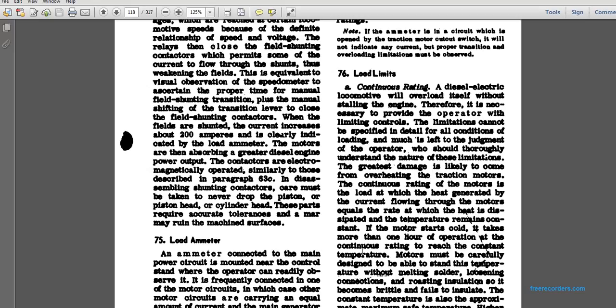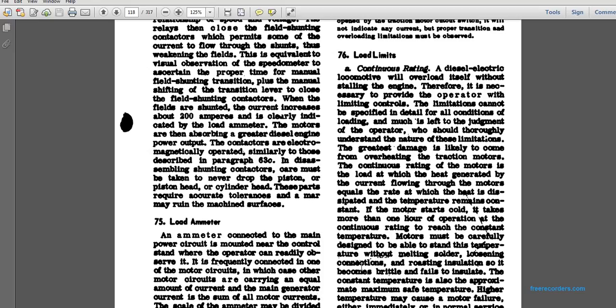The continuous rating of the motor is the load at which the heat generated by the current flowing in the motors is equal to the rate at which the heat is dissipated, with the temperature remaining constant. The motor starts cold. It takes more than 1 hour of operation at the continuous rating to reach constant temperature. The motor must be carefully designed to withstand the temperature without melting solder,